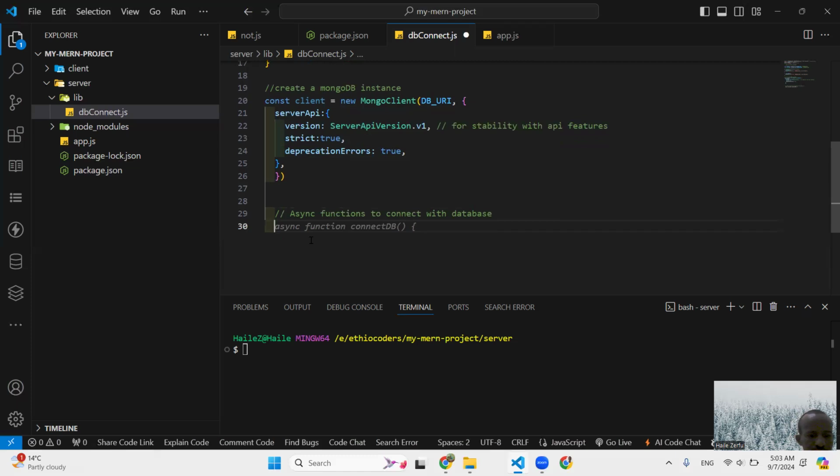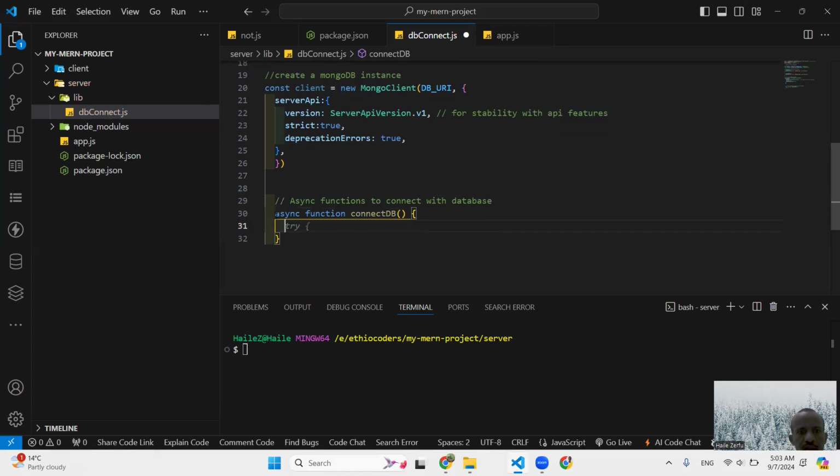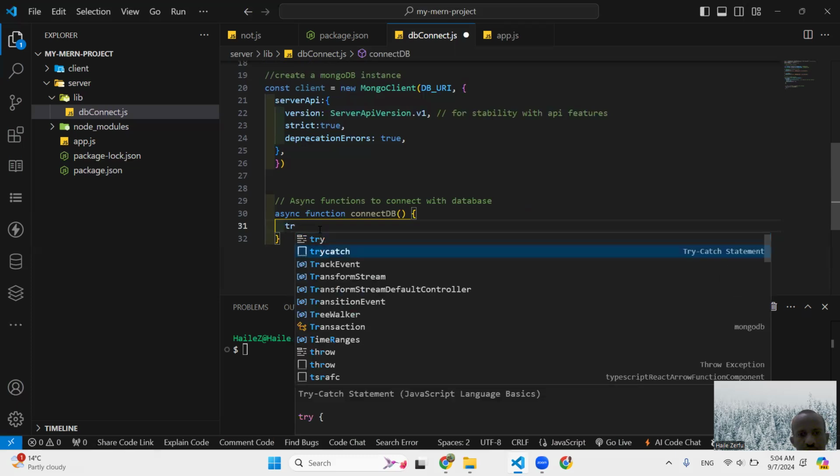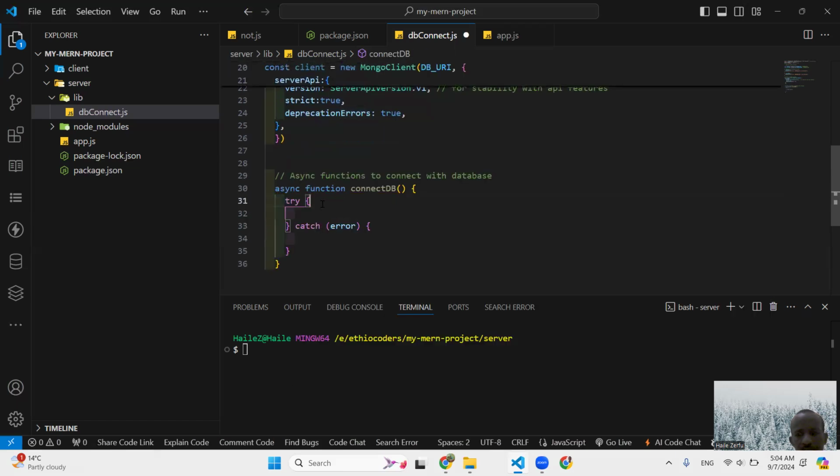We'll use a try catch function. Inside the try catch function,